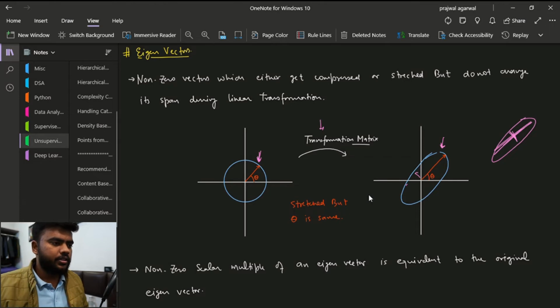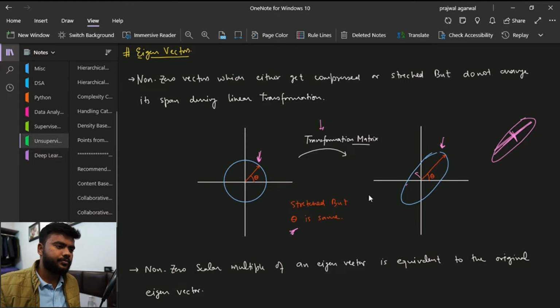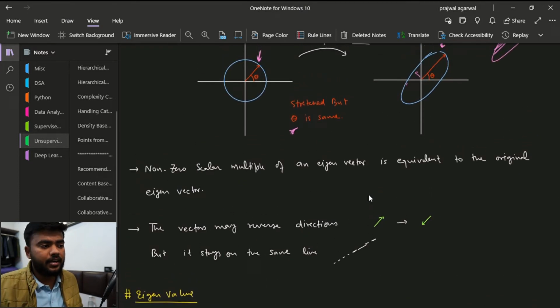Okay, so basically what we are trying to say is theta remains the same. Those vectors are called eigenvectors, the vectors which do not change direction over the course of linear transformation. Okay, and it may also be possible that eigenvectors reverse their direction. Basically they can be multiplied by -1, right? So if we multiply a vector with -1, then it will reverse the direction, but other than that nothing can happen. Its size may increase or decrease, or direction may reverse or not reverse, but they will remain the same.